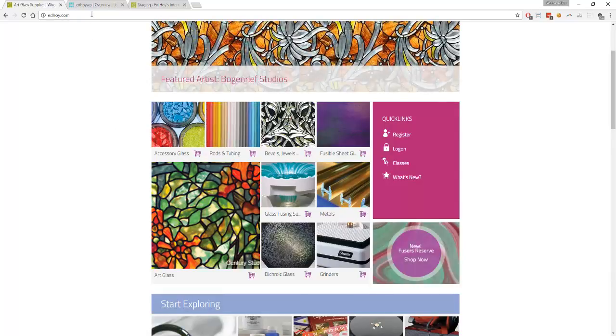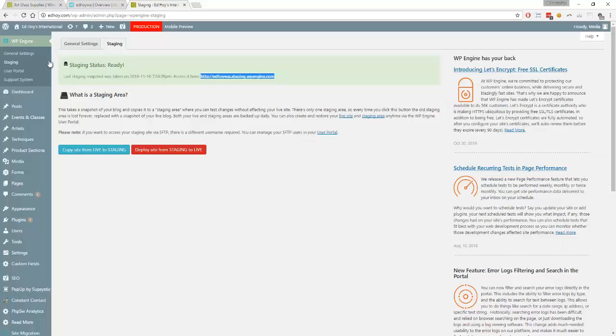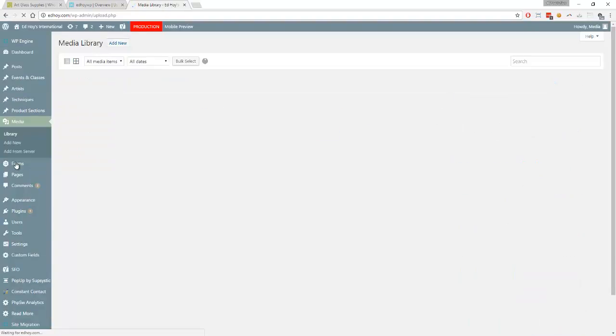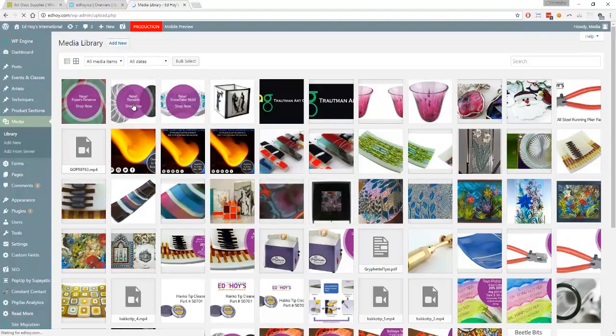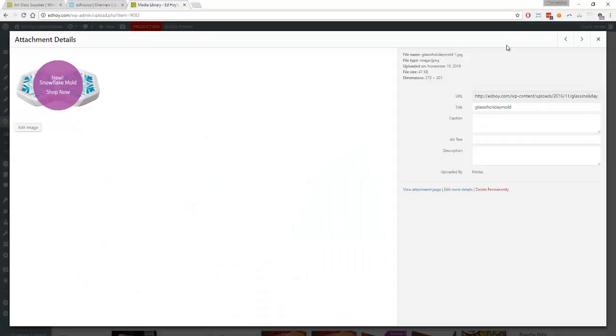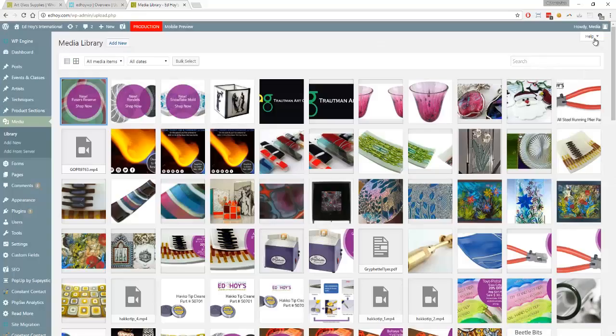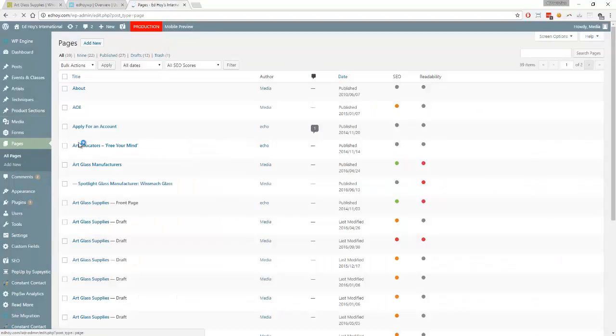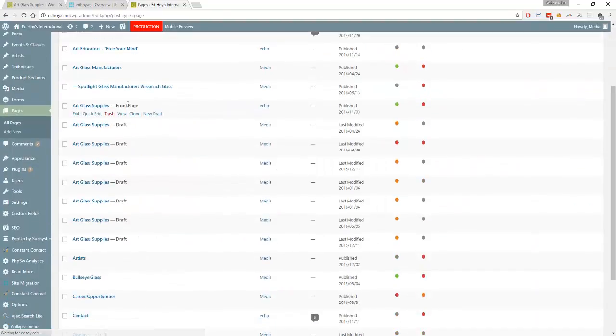So the first thing I would want to go over is the WordPress part. And first things first is you would upload the three images. So in media, I uploaded the three images, as you can see here. And once WordPress has the image, I went to the home page, which I do by going to pages, and then I look for front page, which is this art glass supplies. I'll click on edit,